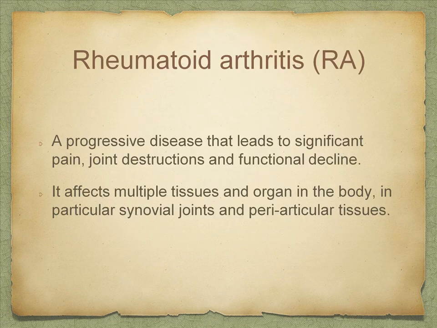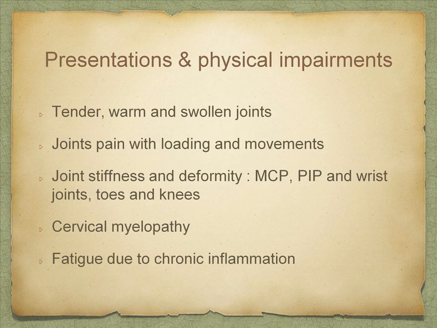Rheumatoid arthritis. RA is a progressive disease that leads to significant pain, joint destruction, and functional decline in patients. It affects multiple tissues and organs in the body, in particular synovial joints and periarticular tissues. The main clinical features of rheumatoid arthritis include tender, warm, and swollen joints, complaints of joint pain with loading and